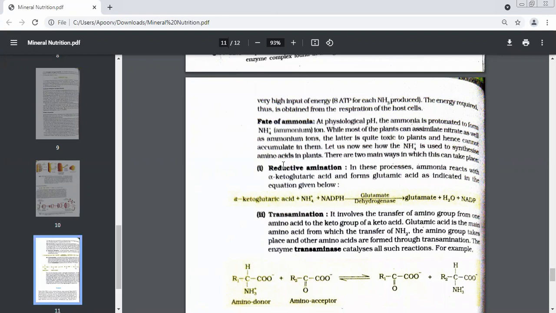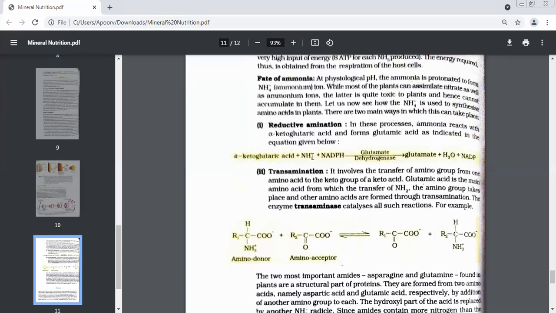Amino acids. We were talking of what will happen to ammonia. The first thing which can happen to ammonia is that ammonia can get protonated, take another hydrogen atom, and become ammonium ions. Now, though these ammonium ions can be in the plant, you cannot keep them longer in a plant because they become what to the plant in a big amount? Toxic. So these ammonium ions are converted into what? Amino acids. There are two ways of converting them into amino acids.